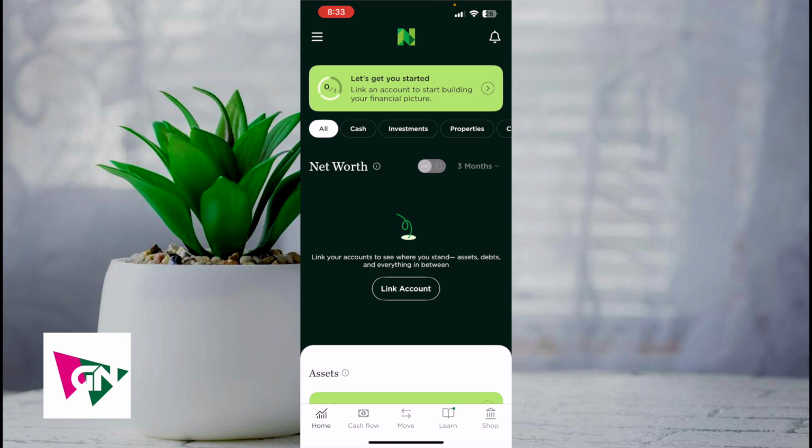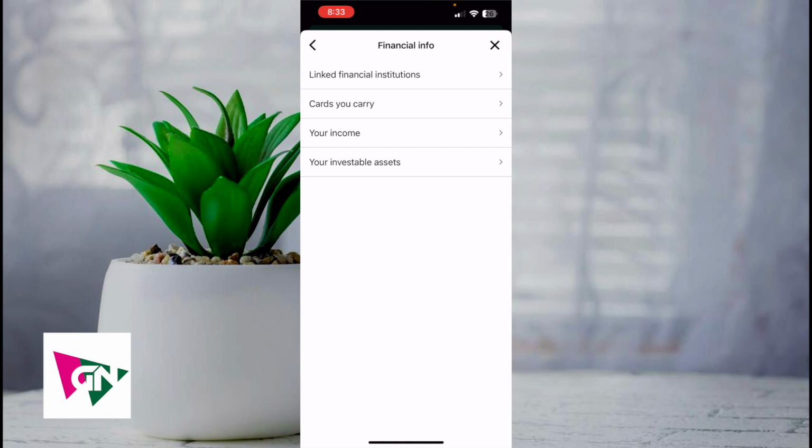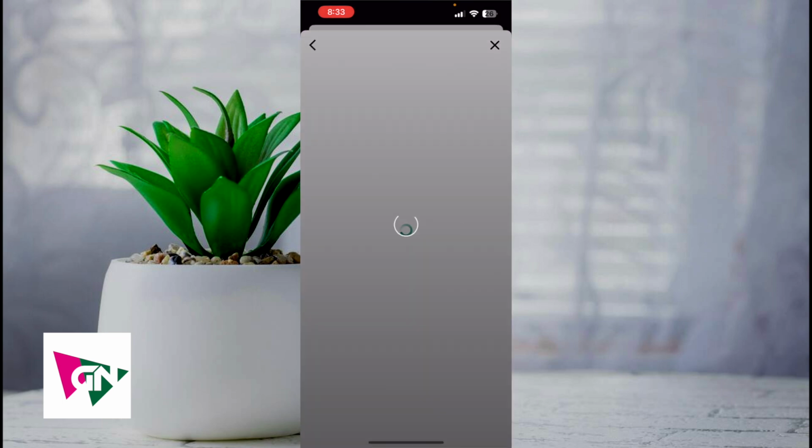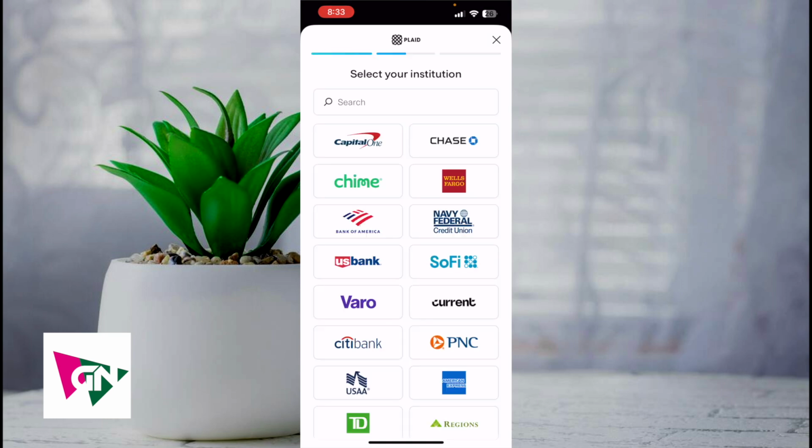Now, in order to do this, what you're first going to do is log onto the NerdWallet app. Next, you want to click on the upper left-hand corner where it says the three lines. So click on those three lines. Then from here, you want to click on Financial Info. And then in the upper hand side, click on Linked Financial Institutions. From here, click on Add Your First Account. And then it's going to prompt you to accept some terms and services. Make sure you accept those terms and then click on Continue as Guest, and then click on Capital